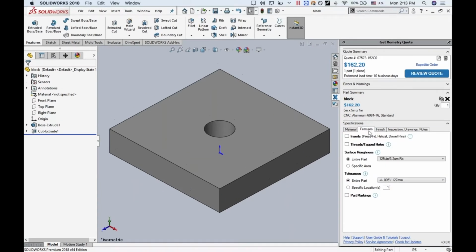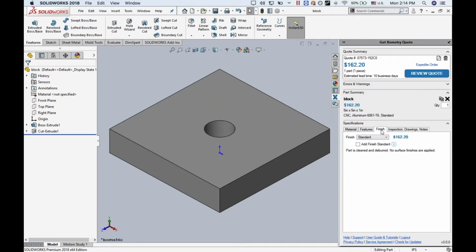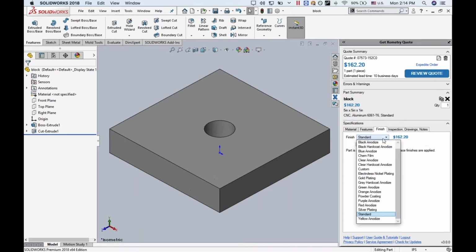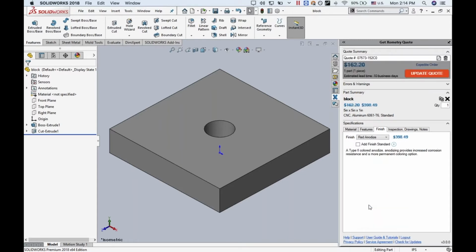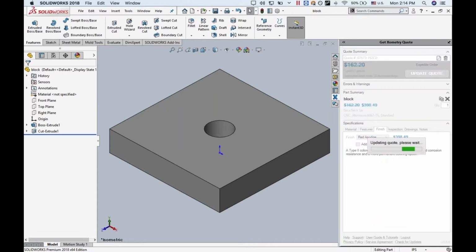Now, we can continue on to specify this part by choosing inserts and features, such as threads, specific surface roughness requirements for this part, tolerances, part marking. There are a lot of different ways to personalize this part and make sure that it meets the requirements that you have on your drawing. We offer a lot of different finishes, which you can choose from this list. Assuming this is going to be red anodized, you just choose the finish, update quote,